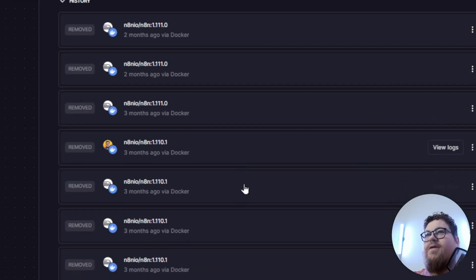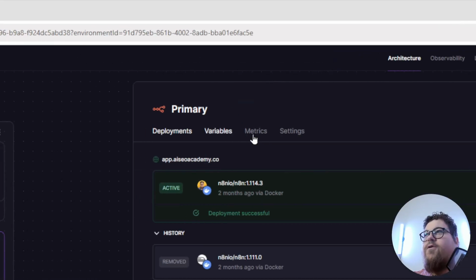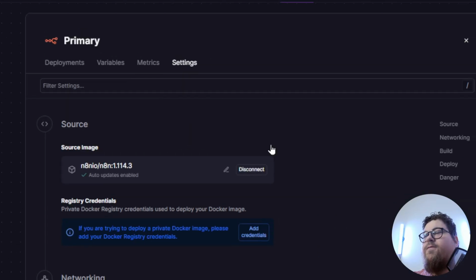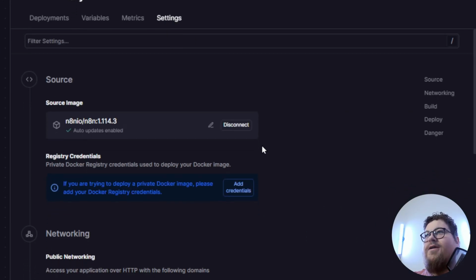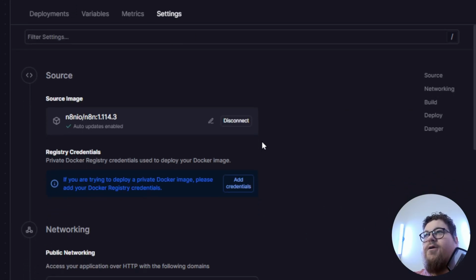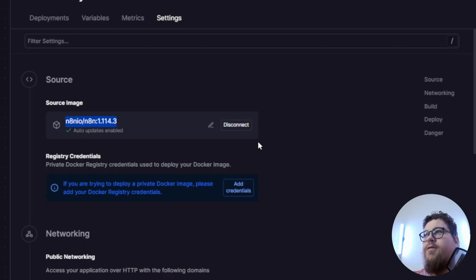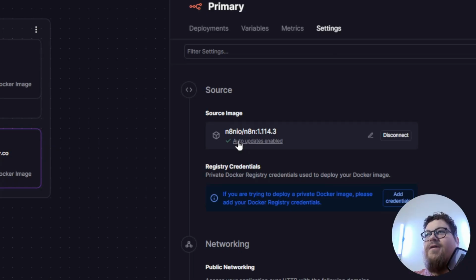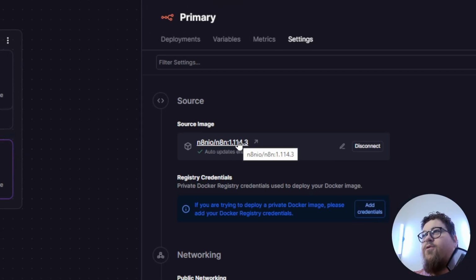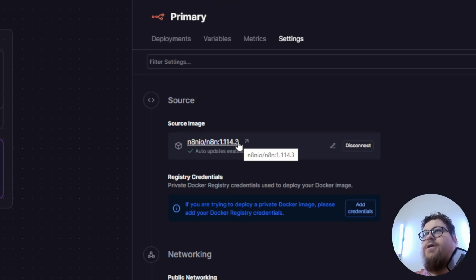You should see some details in your sidebar here. Then you want to click on settings. Then you'll be able to see the source that your instance is using for its version. I'm currently using version 1.14.3, and I do have auto updates enabled, but because this is pointing to a specific version, it's never going